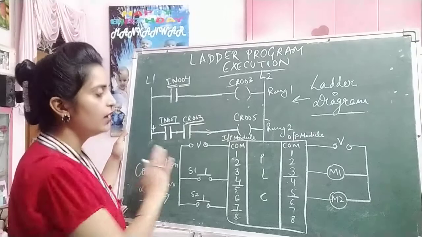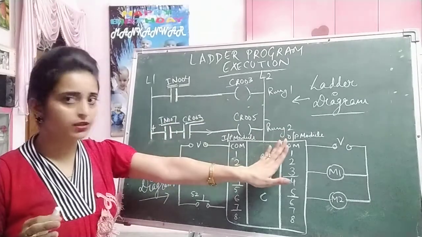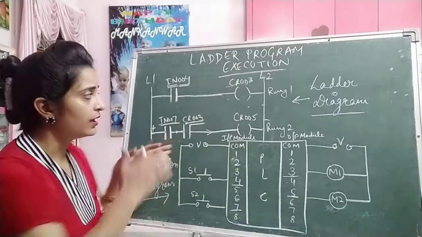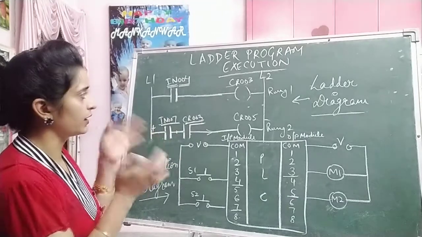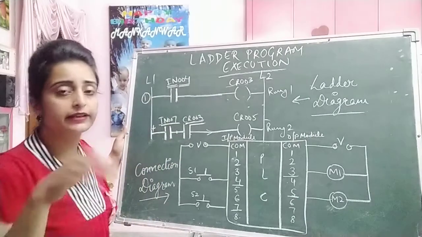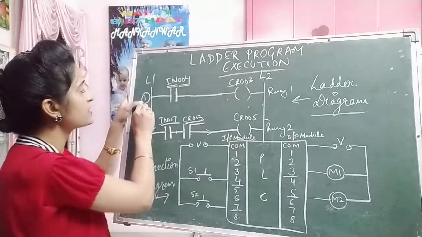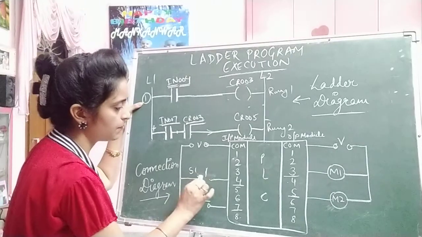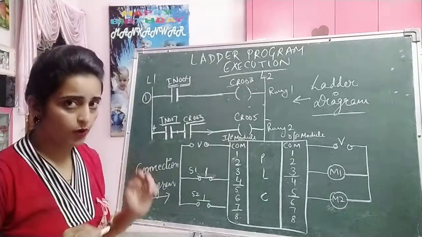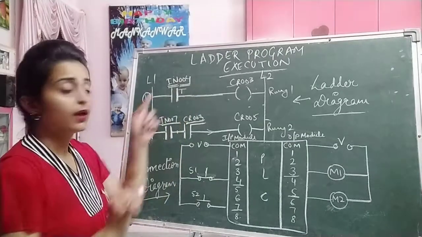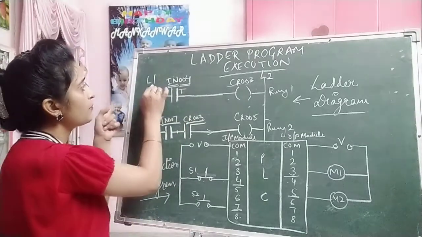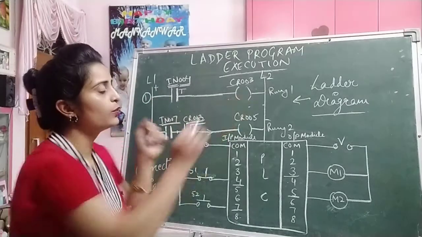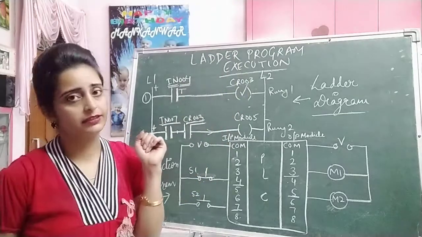So I hope this is all clear to you. This is the CR005 at terminal number 5. This motor is connected. So let's understand how it is working. At the first rung, at the first step of the execution, say for example we have closed this switch S1. Then this is true, and because this is true, the positive signal at this L1 will move through this connection and energize this output.